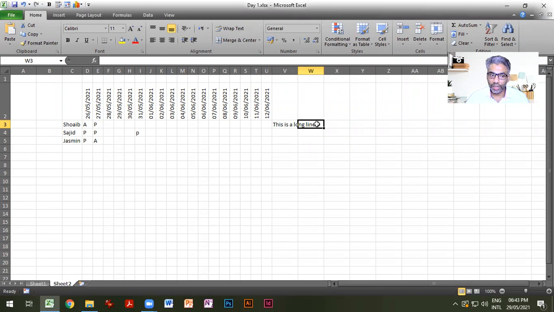If I am writing something in W3, let's try that, sample. So look at the previous one, it's not visible here, because there is no room for the text to fit inside the cell. So one option is, without changing the width of this column, to convert the line into multiple lines. So usually for that we will use one of the options called